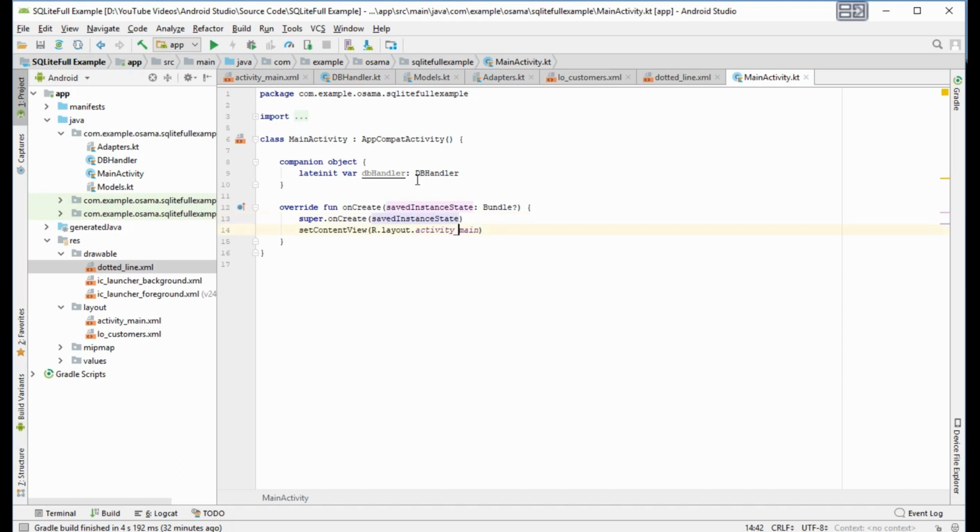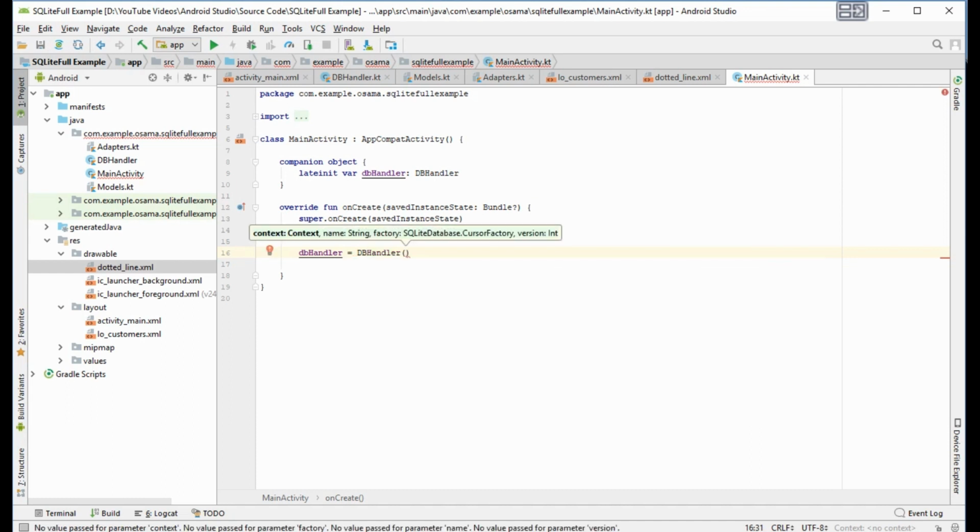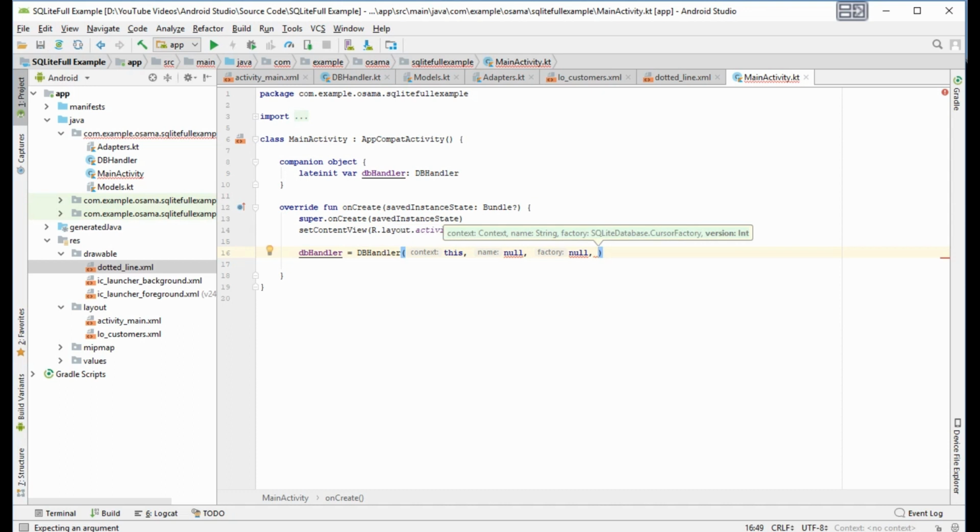Okay, and here on the onCreate, DB handler equal DB handler for this, null, and database version is 1. Okay.